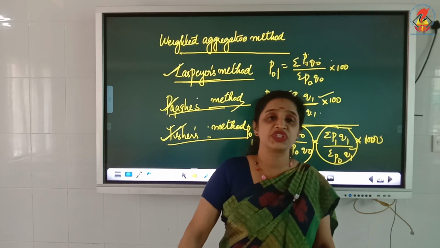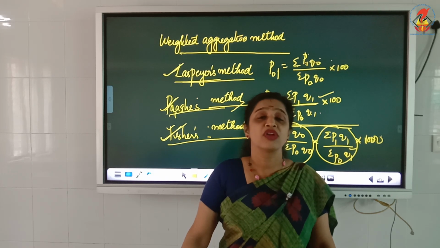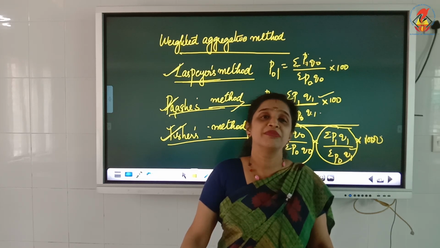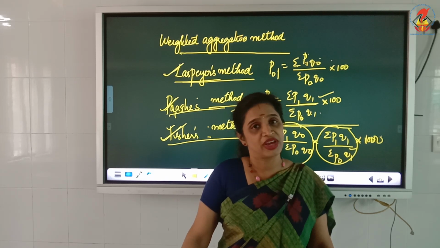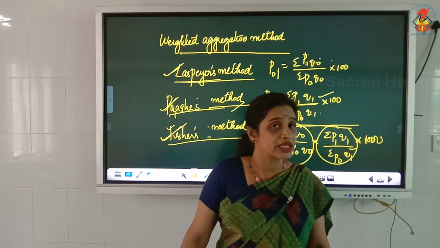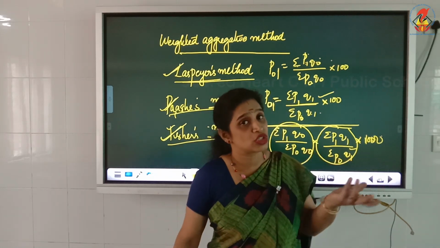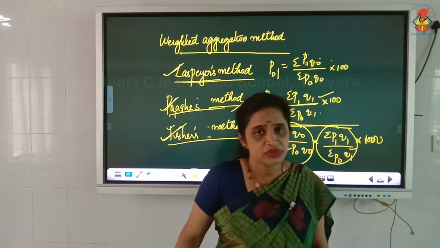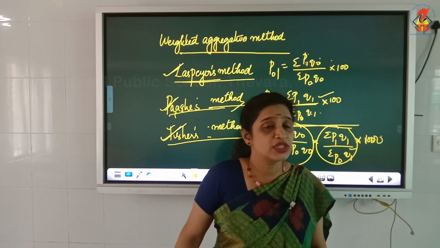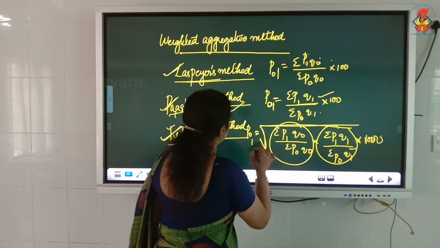So what is the advantage of Fisher's method? Fisher has combined both the formulas and he has taken all the components such as P1, P0, Q1 and Q0. But in Laspeyres and Paasche's method we can find they have excluded one term each. For example, in Laspeyres method he has not included Q1. In Paasche's method he has not included Q0. So Fisher's method consists of all the terms and he has given a different formula for calculating the index